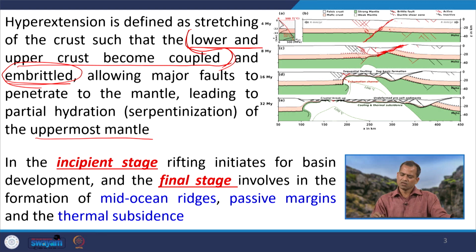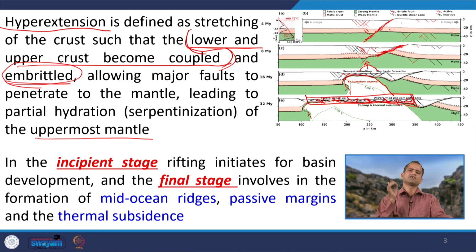Now, that means through this fault we are releasing the stress, and once we are releasing the stress, the mantle is coming up. There will be upward movement of this mantle, because stress release causes decompression. So this mantle will rise, and finally this segment will be segmented into different faults like this. This is called extended or hyper extended margin.